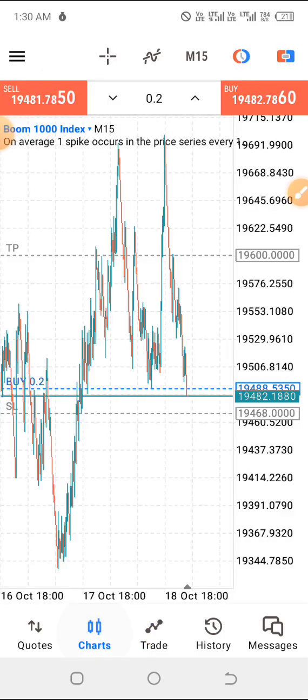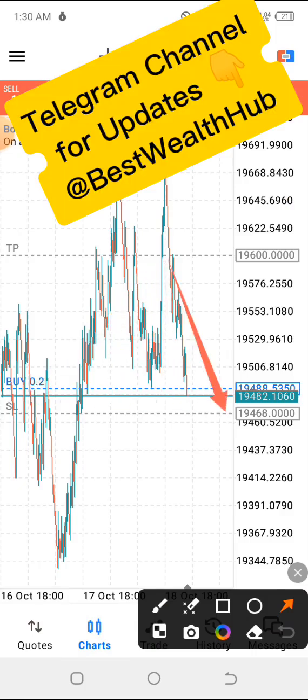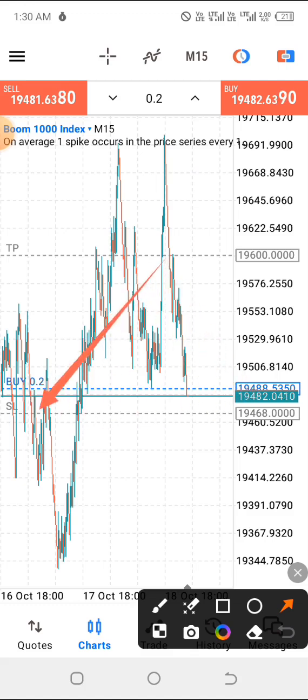And after modifying, return back to the chart. You can see where I have my stop loss right there, SL, stop loss. And you can see the line right there. It simply means when the market gets to this level, automatically it is going to close this trade for me in a loss in order to minimize